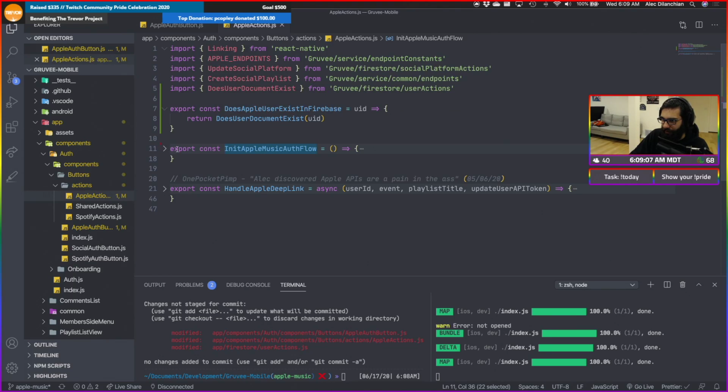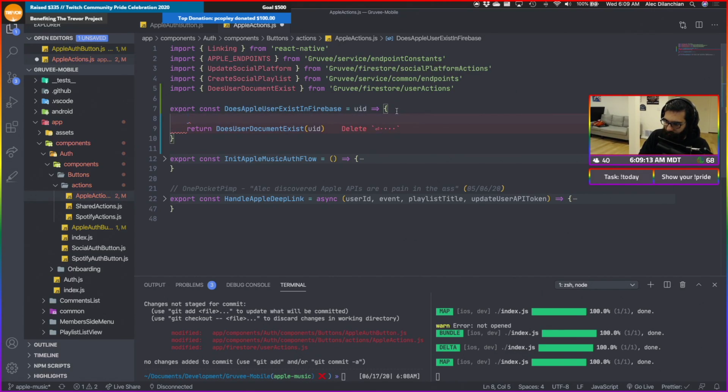we just created this new thing called init Apple Music auth. Oh no, we did, does user document exist? So we put a comment here. Calls Firestore query to check if the snapshot with the given UID exists.